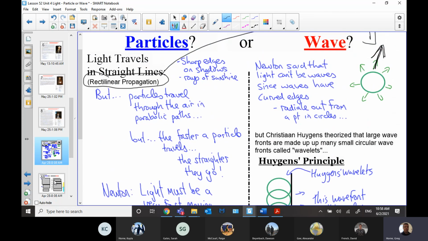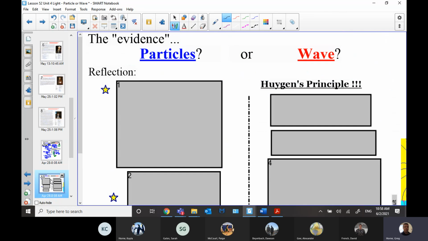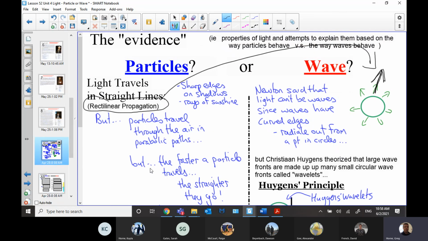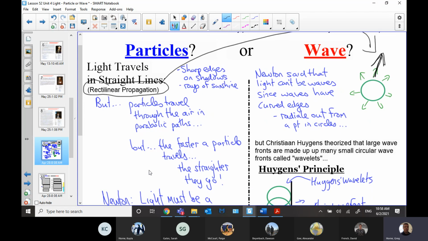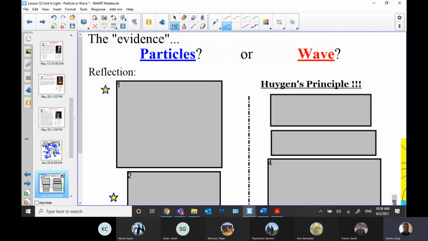So far in our journey here, we're not really deciding on this page, are we? This one, like the "or," is left as a big question mark. So basically, we can justify either way. I don't think we're coming from this page saying, oh, okay, I think it's a wave or I think it's a particle. It could be either. Okay. Questions so far?